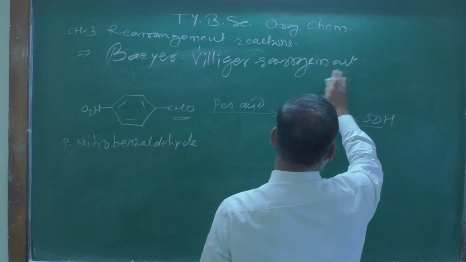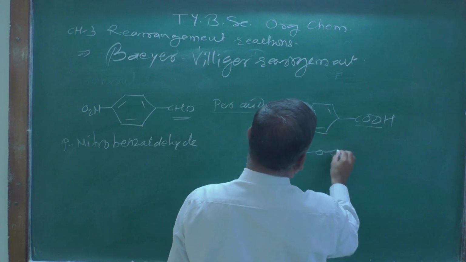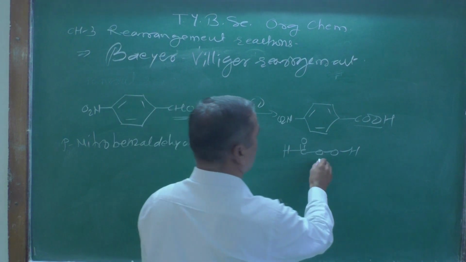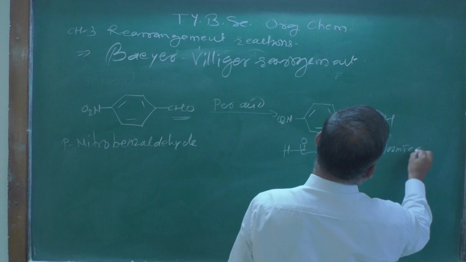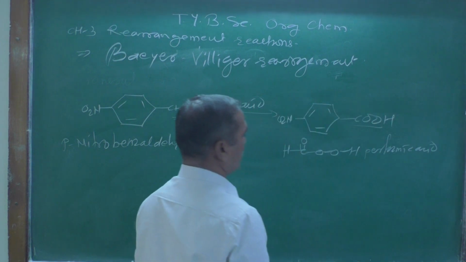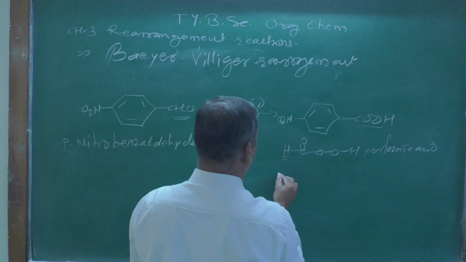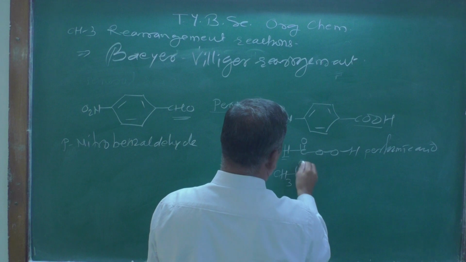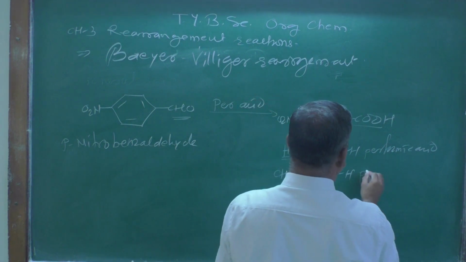Suppose we have this one, H C double bond O. Remember there are 3 oxygen atoms there. This one is known as performic acid. This is the name of that compound. Performic acid means peracid. Suppose instead of hydrogen you take a methyl group, C double bond O and H, then it is called peracetic